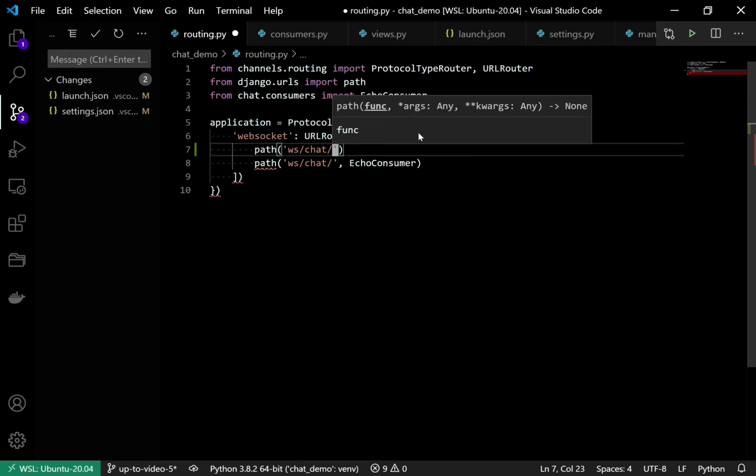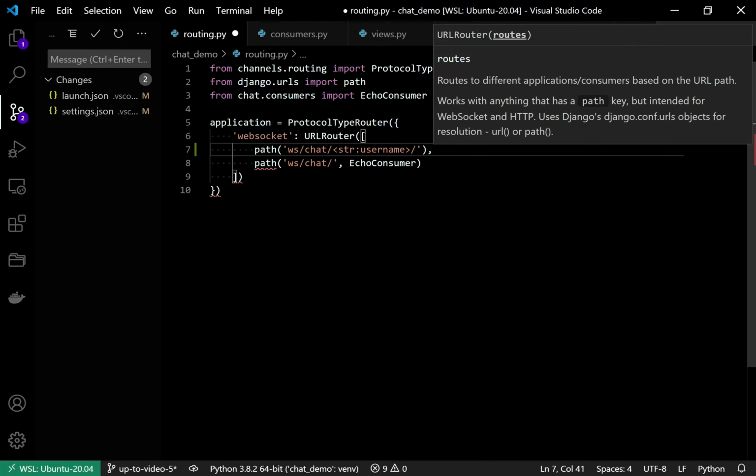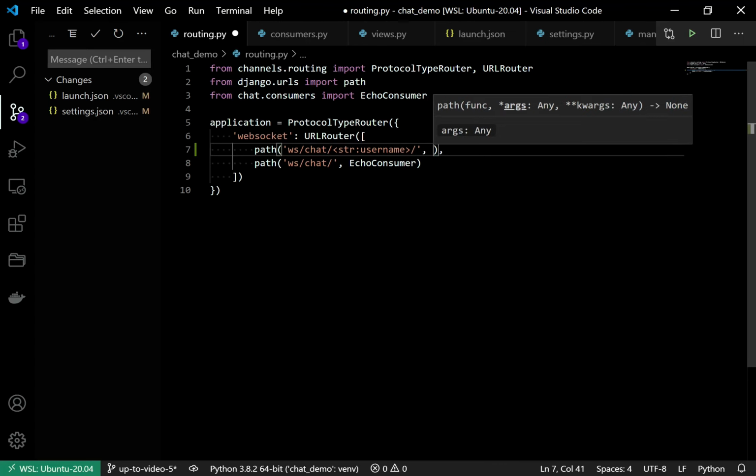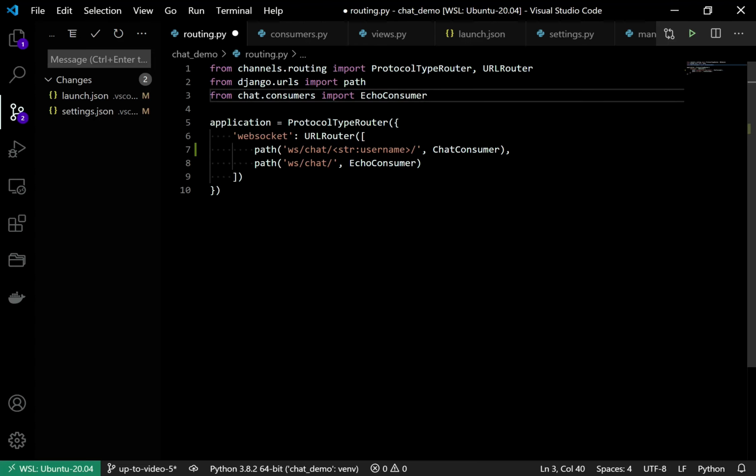So we have to provide the username, and my account will be available through the session. For that purpose I am adding a dynamic variable here, that is string username, so we are going to have this username available in scope. And the second argument is chat consumer.